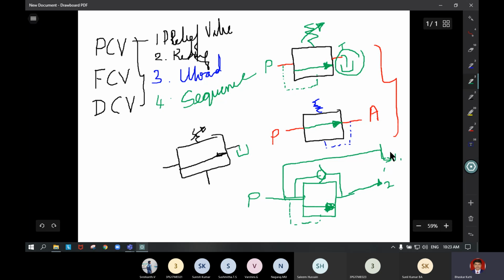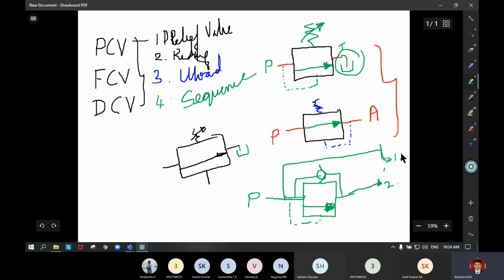Once the completion of the first operation takes place, that back pressure is developed. That back pressure will activate the valve. Then the flow through the valve occurs, and that is used for the second operation in sequence. For example, the first one can be a clamping, the second one can be a drilling operation. Once the clamping completes, then the drilling operation starts. So this is in sequence. Usually it is used in combination with the check valve for the operation.